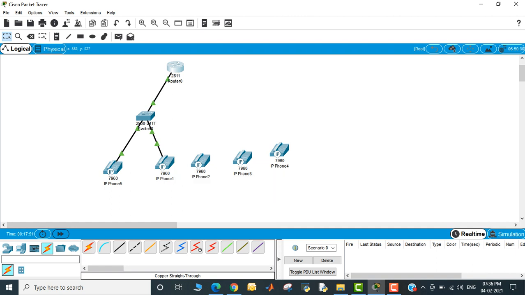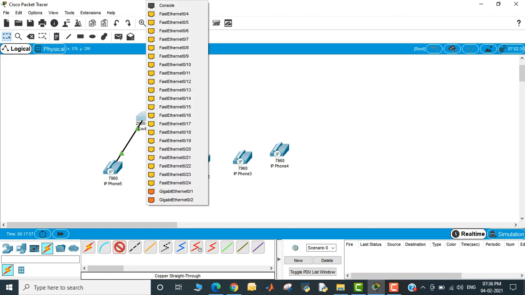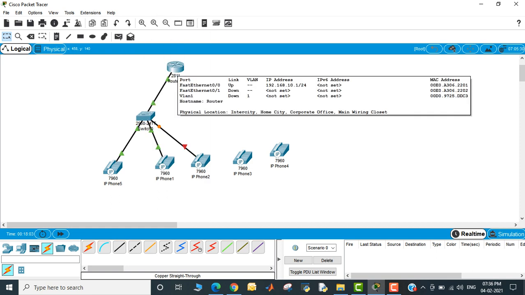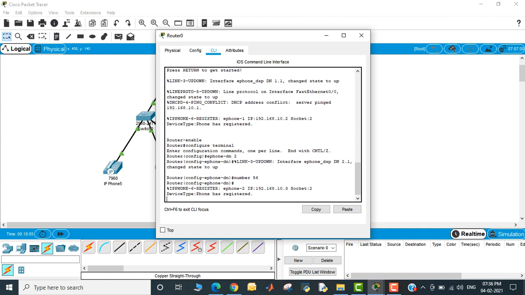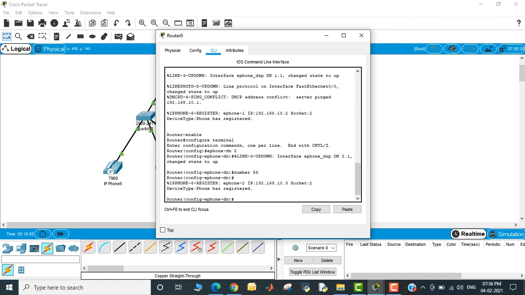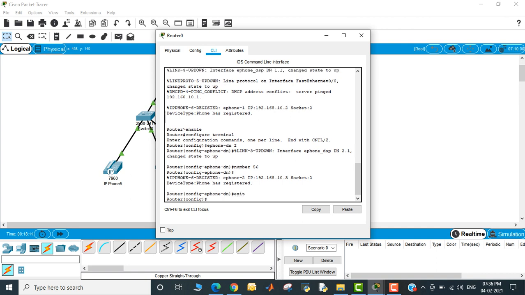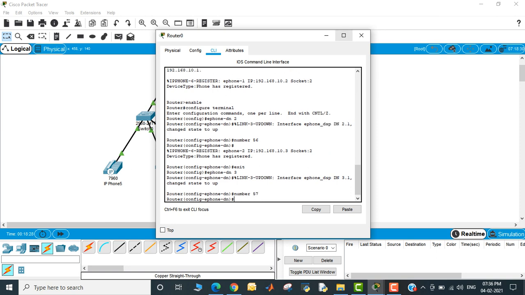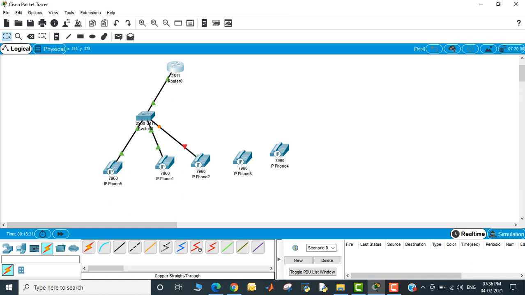So I want to establish the connection of the third one, one by one. If you connect, then it will work. Now this is the connection between this and this. You can go to port one, enter. Okay, exit ephone configuration, ephone dn third. If you want the number, you can take 57. Simple, 57. So see here whether the connection is established or not.